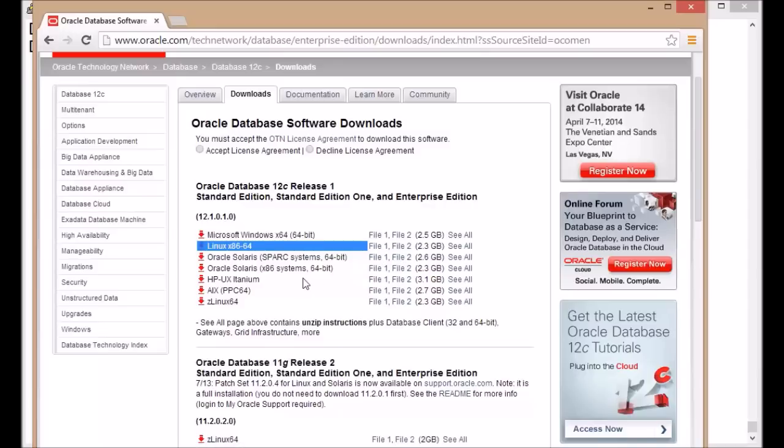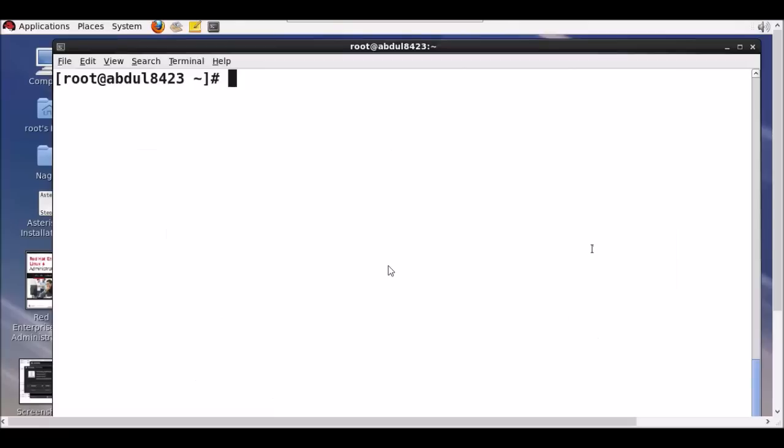I've already downloaded this file. So let's proceed to the next step. Till now we have finished all the configuration and the parameter changes. With the previous step, if you have downloaded the Oracle installer, what you need to do is